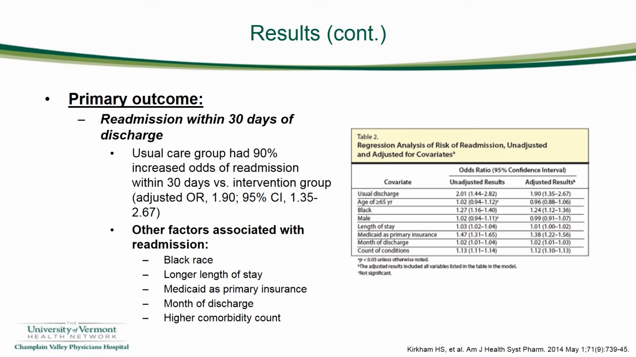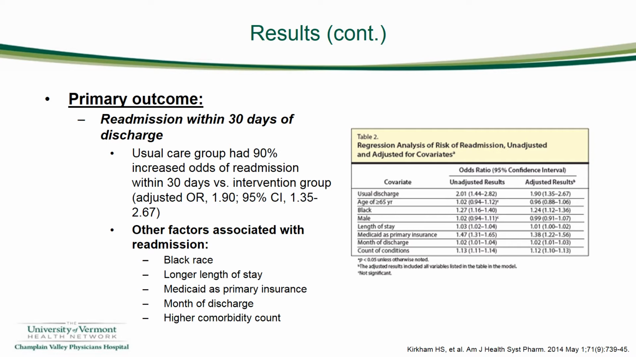So for the primary outcome of readmission within 30 days of discharge, the usual care group actually had a 90% increased odds of readmission within 30 days compared to the intervention group. And you can see the adjusted odds ratio there, confidence interval. When they looked specifically and stratified it according to different covariates, there were some other factors that were also associated